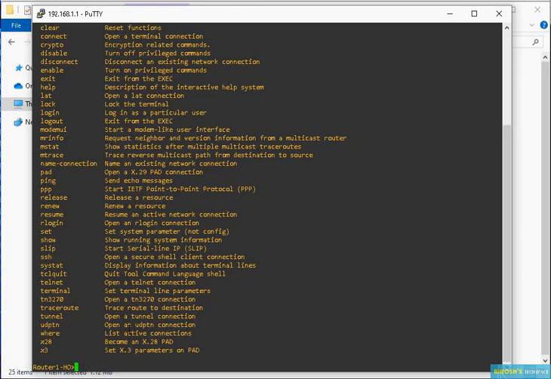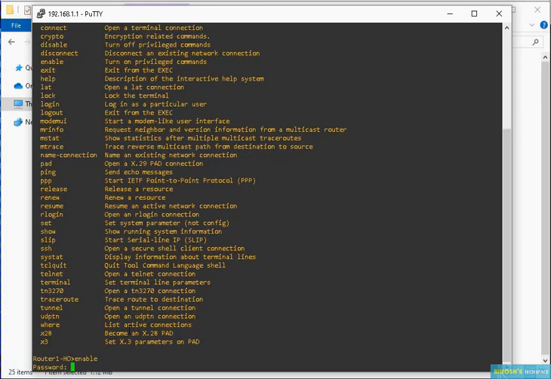There is a next level where you get more commands. To enter that next level, you have to enter the command enable. So it will take you to the next privilege mode. In that mode you will have more commands. Also, if you have configured any password, it will prompt you for the password to go to the privilege mode.